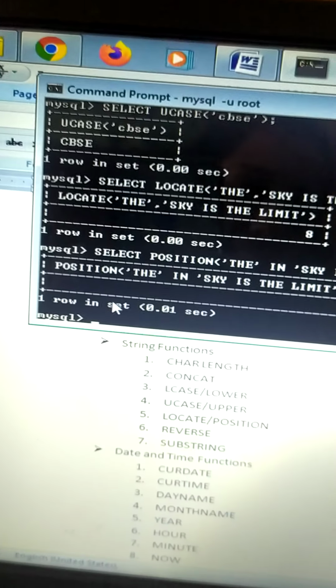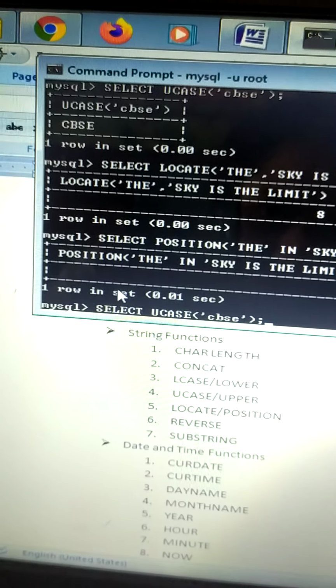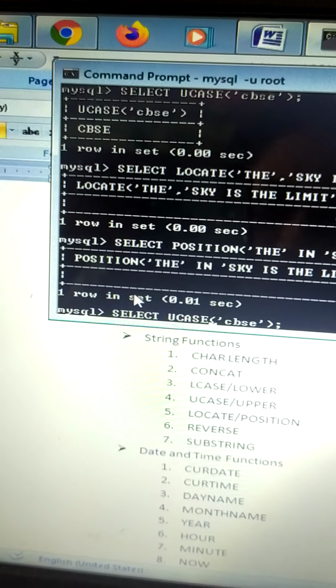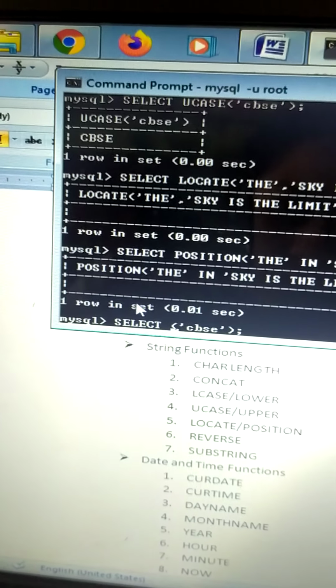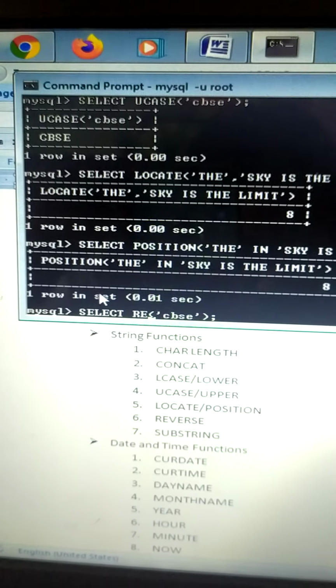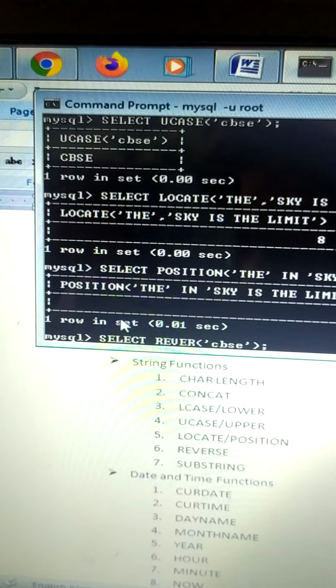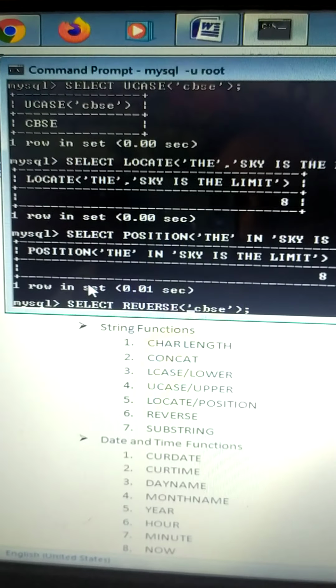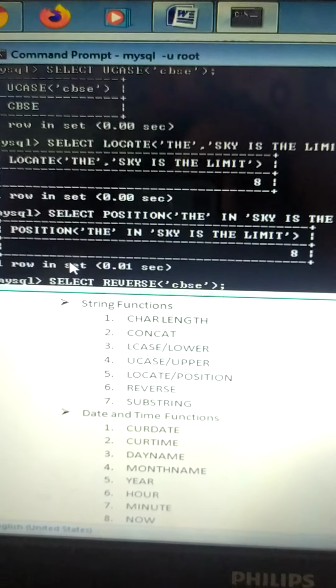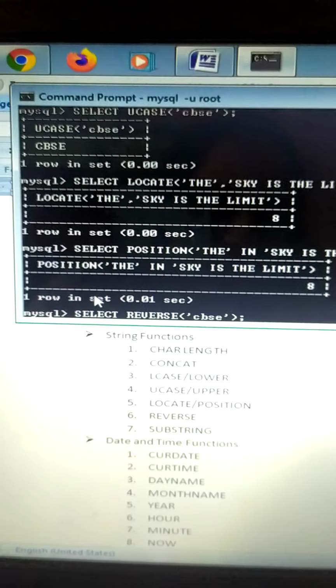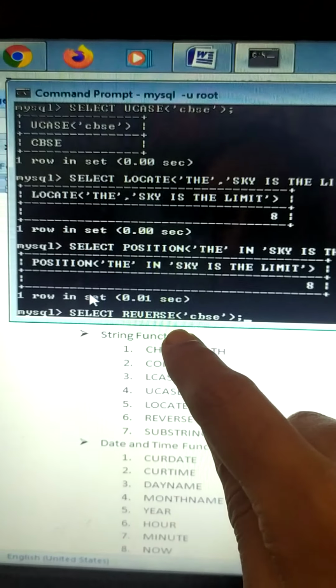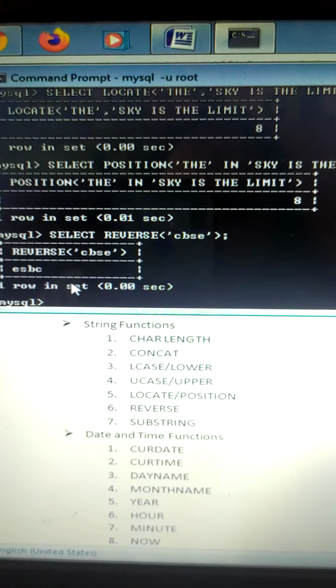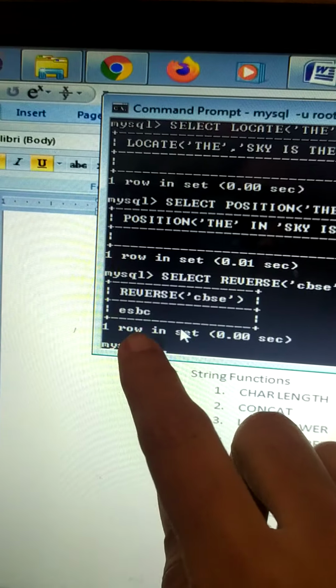Now next is reverse. Select reverse CBSE. So what will be the reverse of CBSE? It will be ESBC. Let's see the output. Yes, it is ESBC.